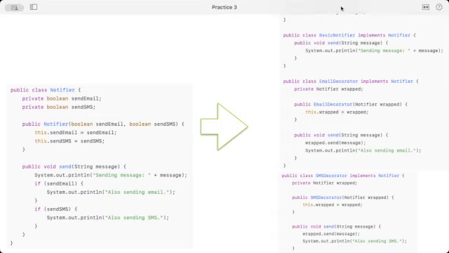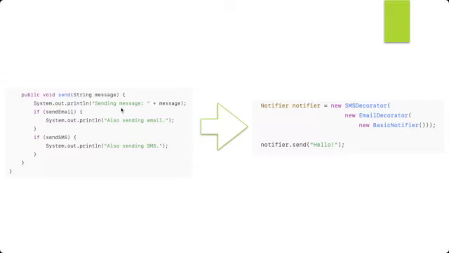When we create an interface notifier with method send, we create a basic notifier and special notifiers, a decorator for email to add new behavior, and an SMS decorator to add new behavior with sending SMS. We can add more decorators if we need to add new behavior. And when we want to send some information, we just